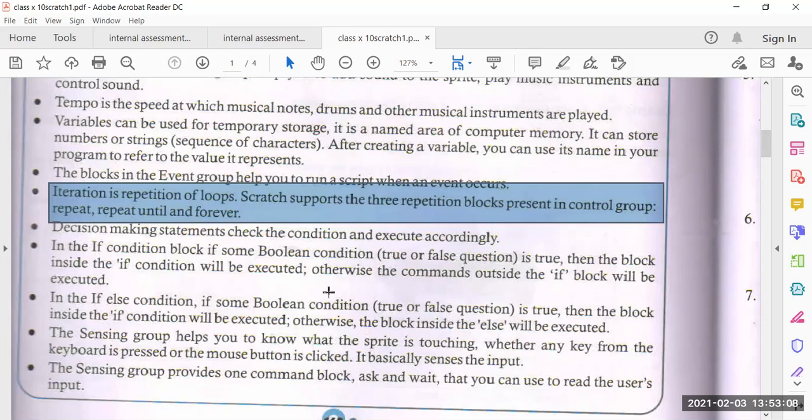Now next is decision making statement. Check the condition and execute accordingly. Now next is decision making, meaning if conditions are there. So in decision making, one statement is there that is called a control statement.